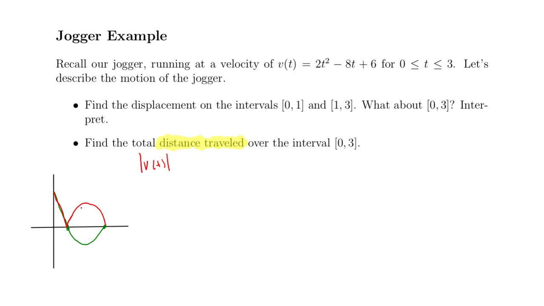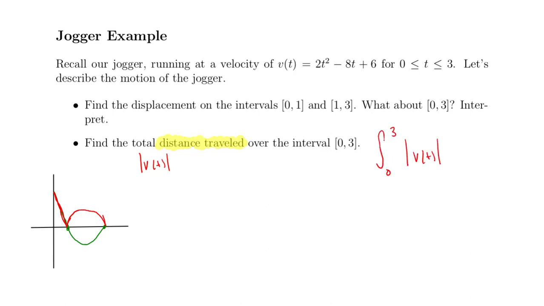Same image, but we're just going to reflect it above the axis because we know that the absolute value takes every negative value, in this case a negative y value, and makes it positive. So this red function is the absolute value of v of t. This is our speed function. And so if we want to find distance traveled, we're looking at the integral from 0 to 3 of the